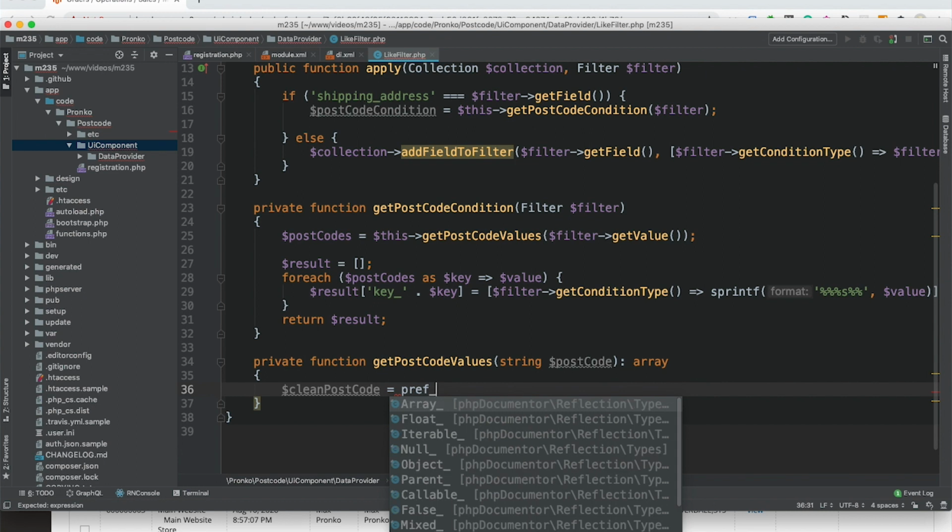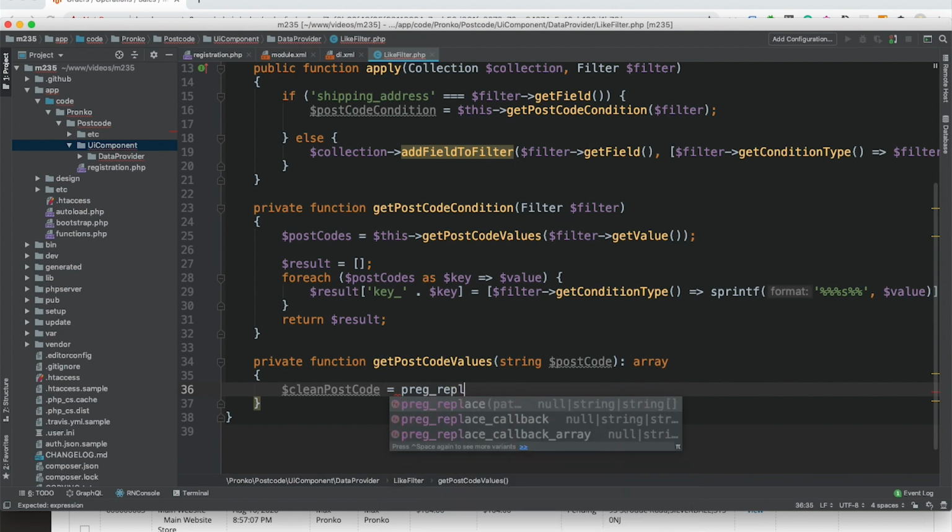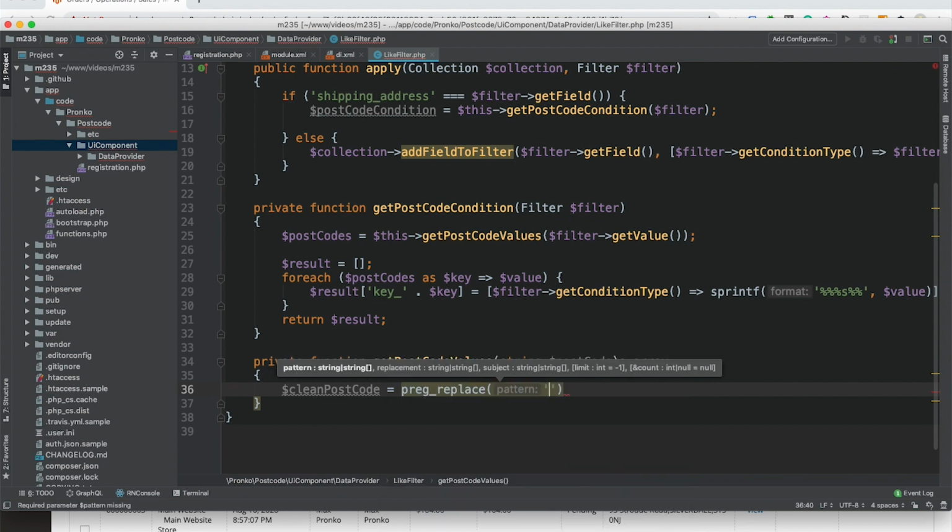use a preg_replace function, and with the help of this function I'm going to provide a pattern that can be used in order to filter a postcode.